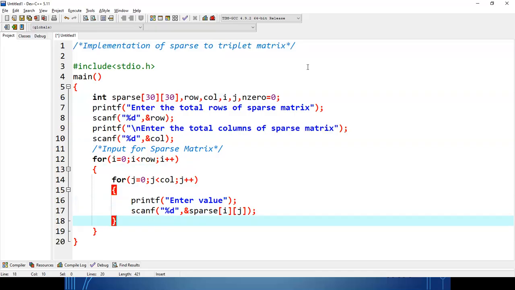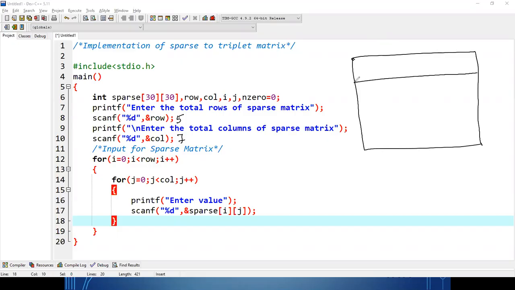Now till now, let us first discuss what we have written in the program. Okay. So first of all, we have taken the input for the total number of rows. Suppose I have given 5 as the number of rows and I have taken 7 as the number of columns. So that means one 5 cross 7 matrix will be generated, or the memory will be allocated.